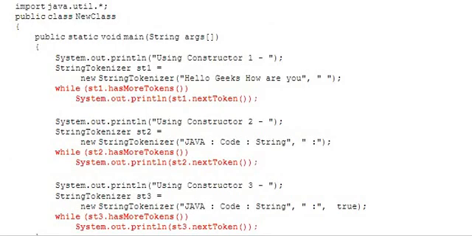Look at the program. We have various constructors used in this. Look at the first string st1. Just observe the things clearly. StringTokenizer st1 is equal to new StringTokenizer. Look at the string, comma and spaces within double quotations.